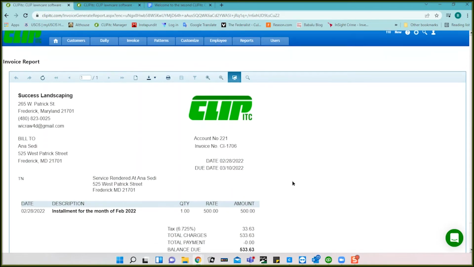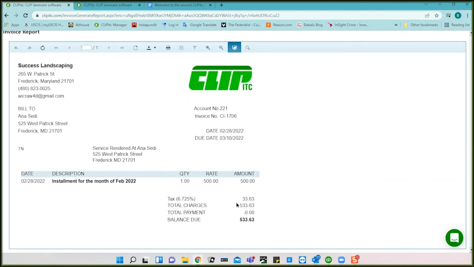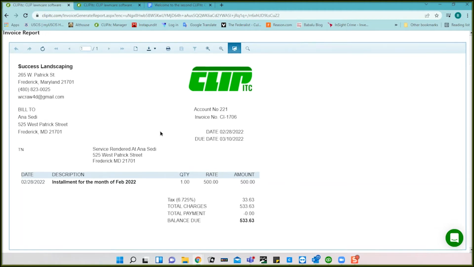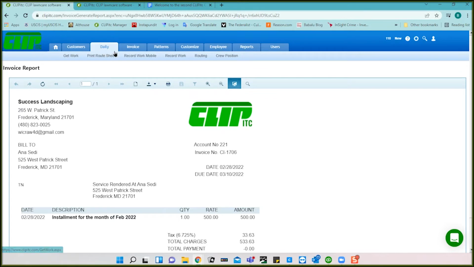All right, so here now it says invoice. So there's an invoice number, CI 1706. You've got the installment here. And so here's the tax, and here's the balance due. Again, no reference to any past due amounts or anything. It's just all what happened in February for this. Okay. Now, so that takes care of